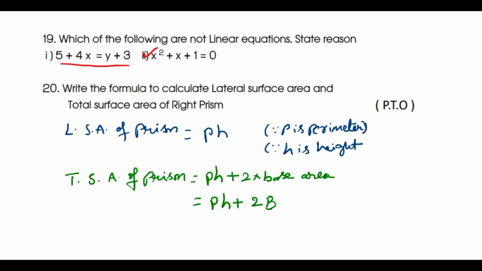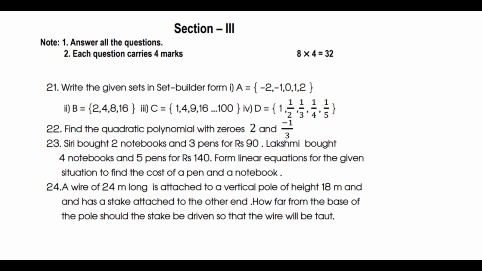Now, so these are the 2 mark questions. Now we'll discuss the 4 mark questions. So write the given sets in set builder form: -2, -1, 0, 1, 2, yes, completely integers, a direct question this one. So refer to the problem from the textbook. And 2, 4, 8, 16, that means 2 power n. So you know the concept, how to write that. So x such that x is equal to 2 power n, and n belongs to natural numbers capital N, n less than or equal to 4. So like that we write. So these are all direct textbook questions, you can refer to that.